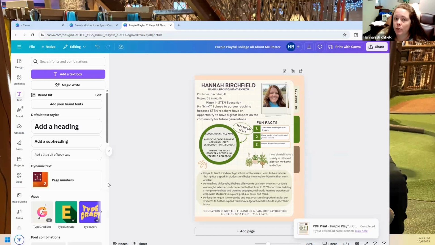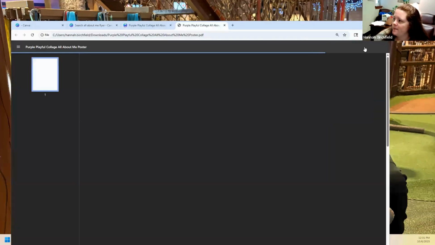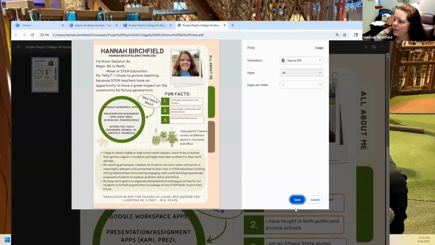So I'm just telling you, be careful, because if you put a pro element on there, it's not going to let you print and you're going to be frustrated. So make sure you're using only free stuff. And then I would open it. I'm going to go to save as PDF,